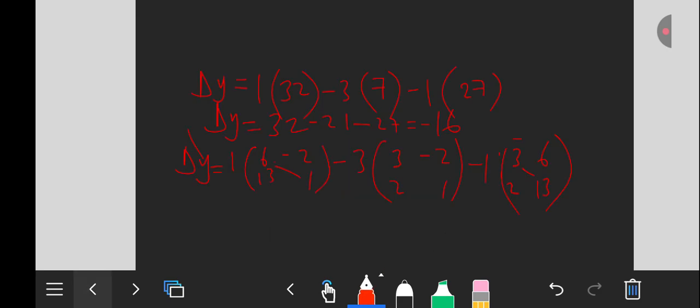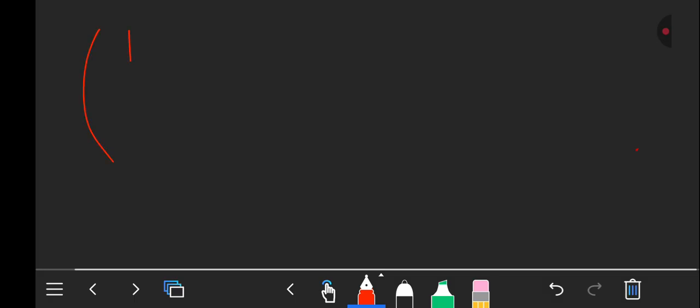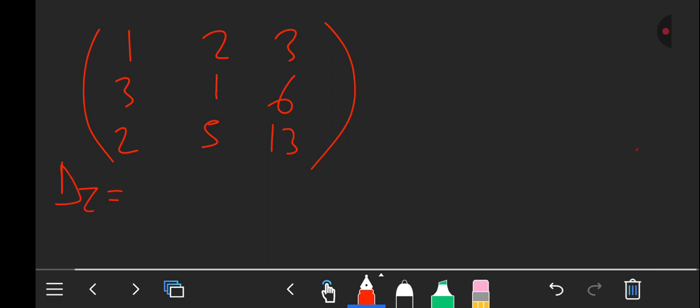So Z, the matrix will be 1, 3, 2, 2, 1 and 5, then 3, 6 and 13. Then we get the determinant for Z will be equal to,